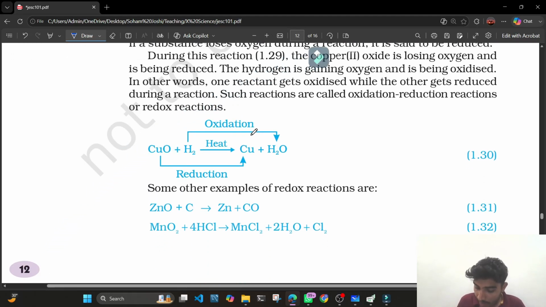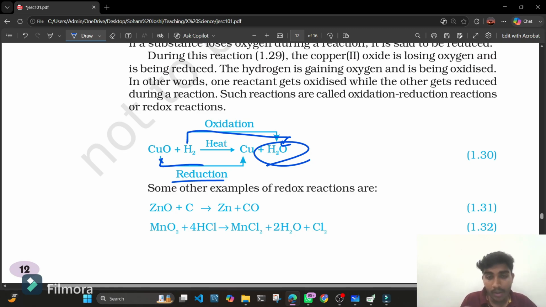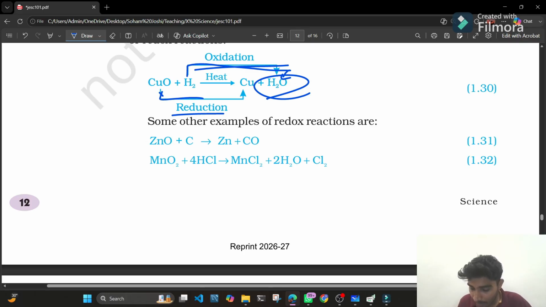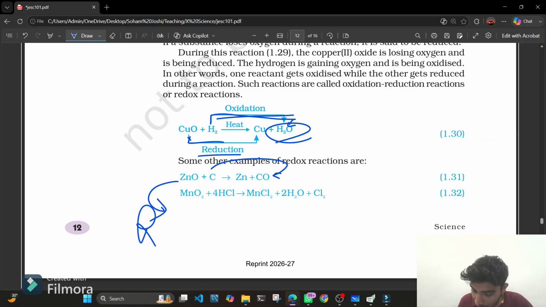Okay. One more example. CuO plus H2 gives Cu plus H2O. ठीक है। यहाँ पे कॉपर ऑक्साइड था पहले और बाद में वो कॉपर बना, तो कॉपर ऑक्साइड was reduced, right? अभी हाइड्रोजन का देखो, हाइड्रोजन पहले बेचारा अकेला था, सिंगल था। फिर मोहल्ले में ऐश्वर्या आई, that is ऑक्सीजन आया, हाइड्रोजन से बना वाटर, H2O बना। पहले इसमें से ऑक्सीजन निकल गया तो वो रिड्यूस हो गया, इसको ऑक्सीजन मिल गया तो ऑक्सीडाइज हो गया। सो समझ रहे हो, this is what it is called as oxidation reduction reaction। सो मोर एग्जांपल्स है ZnO plus C gives Zn plus CO। सो बेसिकली ZnO का यहाँ पे हुआ है रिडक्शन, ठीक है, और कार्बन का हुआ है ऑक्सीडेशन।